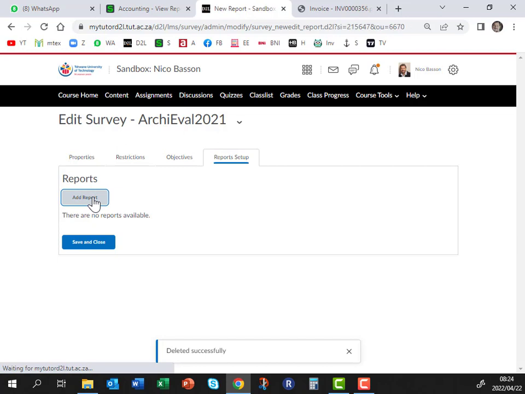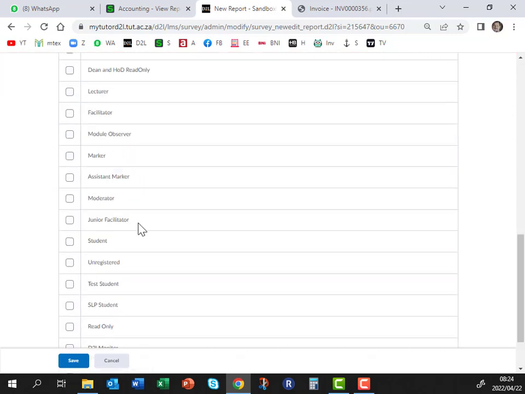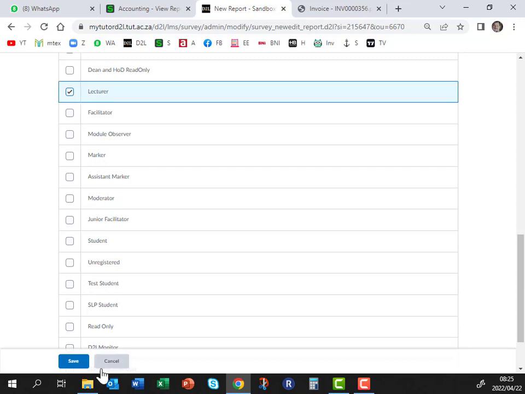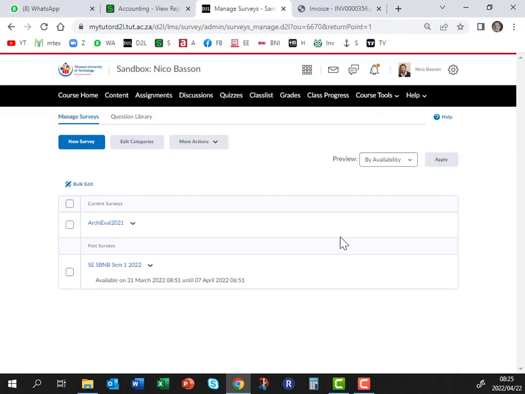Add report. You give the report the name you want to. You say that it must go to you, which is the lecturer, and you save. So it will create the report. You say save and close. So now